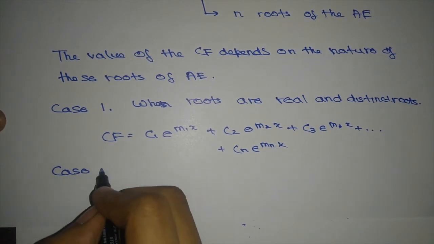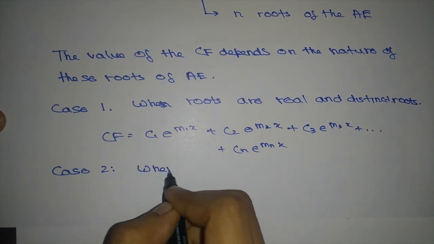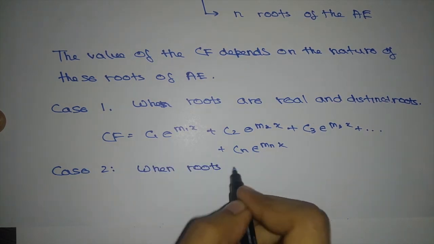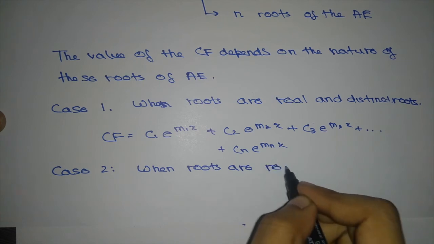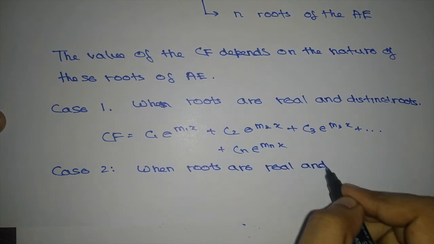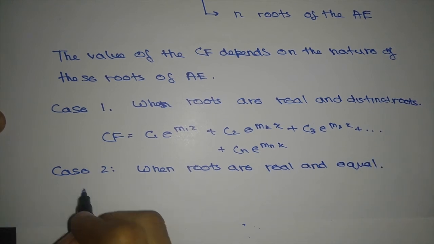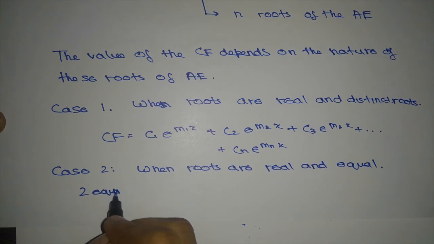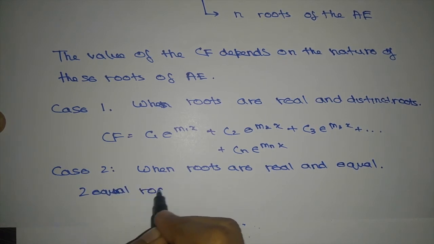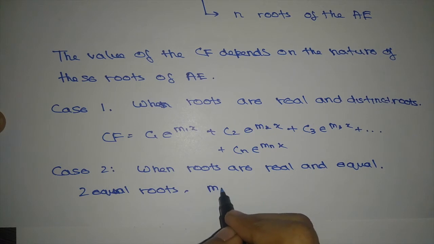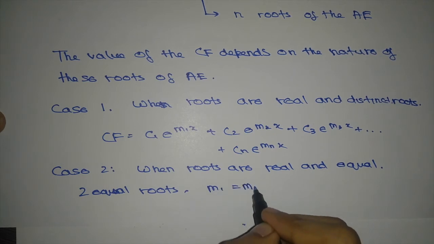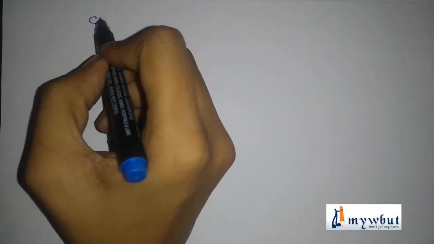In case 2, when roots are real and equal, in case of two equal roots, that is m1 equal to m2, our CF would be